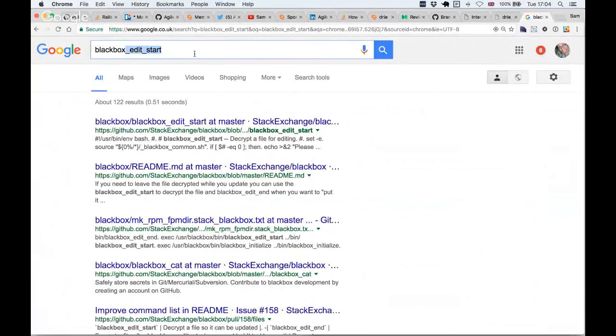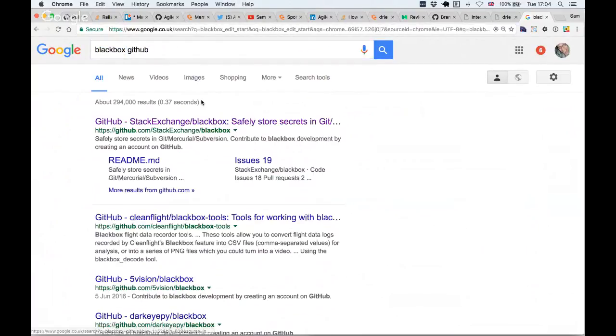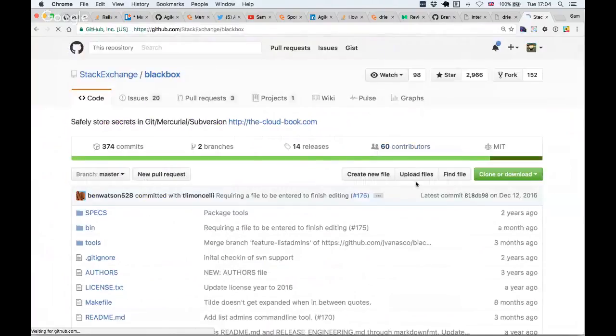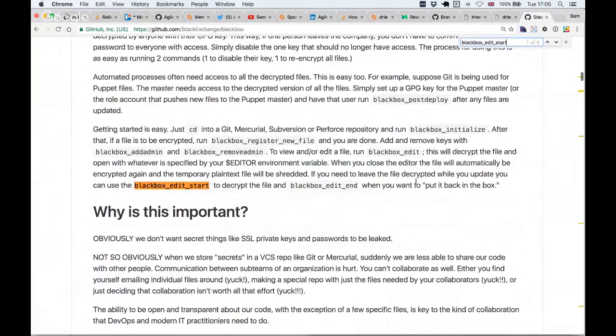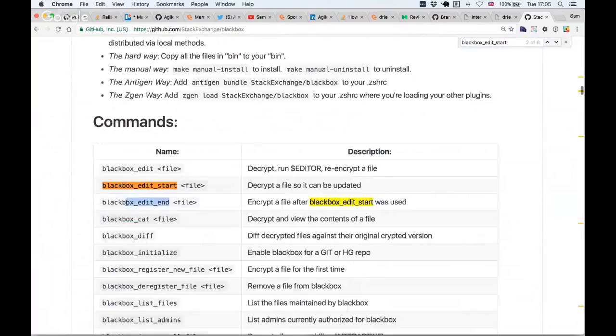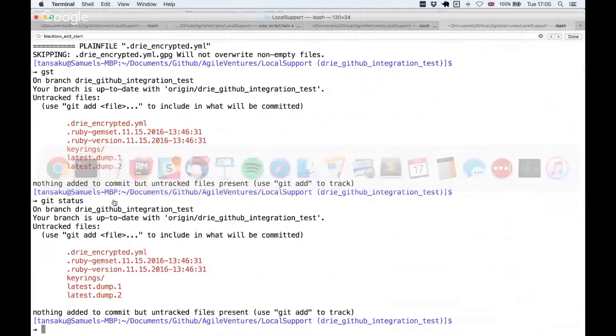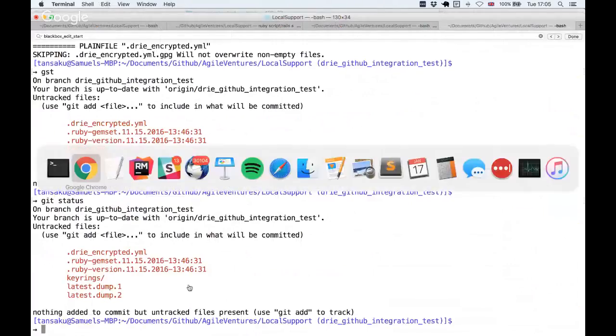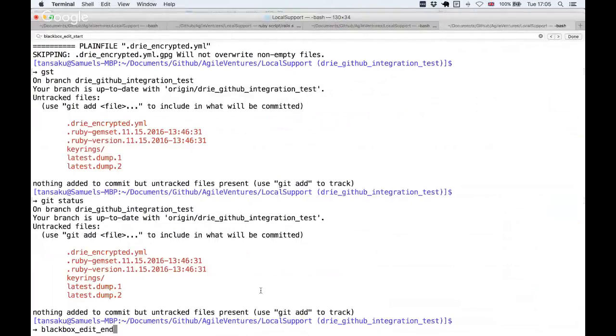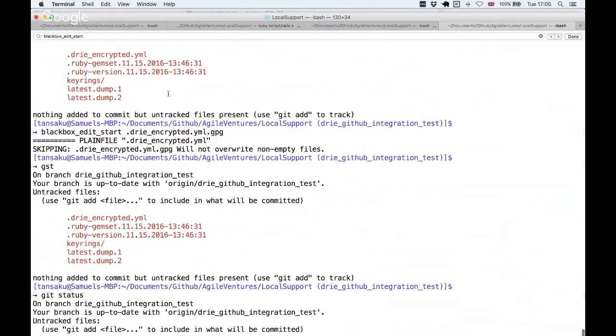The Travis. Yeah, and then we had a separate problem on the thing here. I mean, I think I've got it in here. There we go. Black box edit end. So I think this is the next step. So I haven't actually made any changes to the file. Gotcha. But what I think if I do black box edit end for the